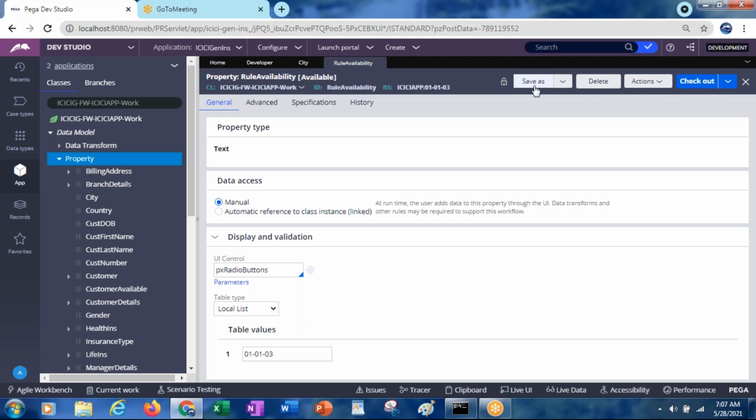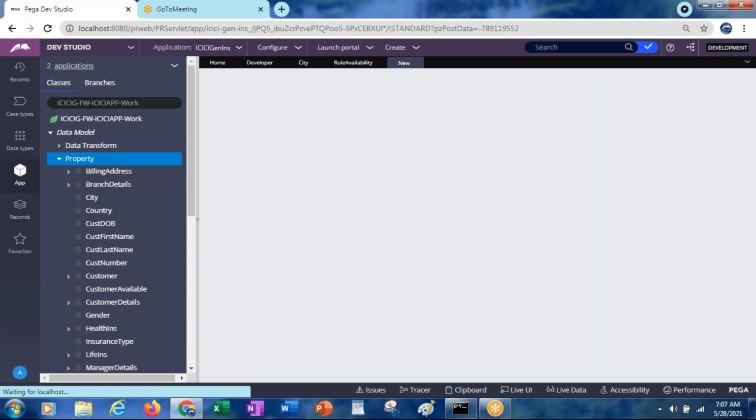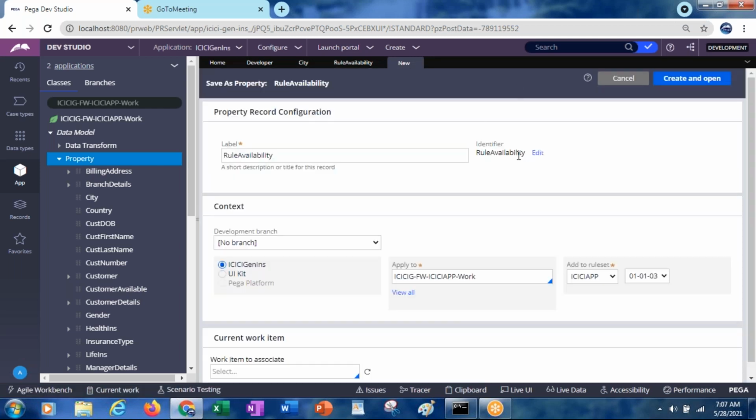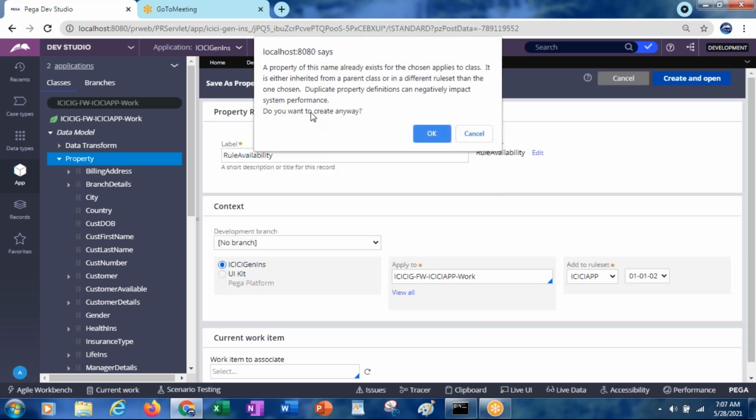And I'll also be creating one more version of the same property, under 010102. Create. It is giving a warning saying that this property already exists.